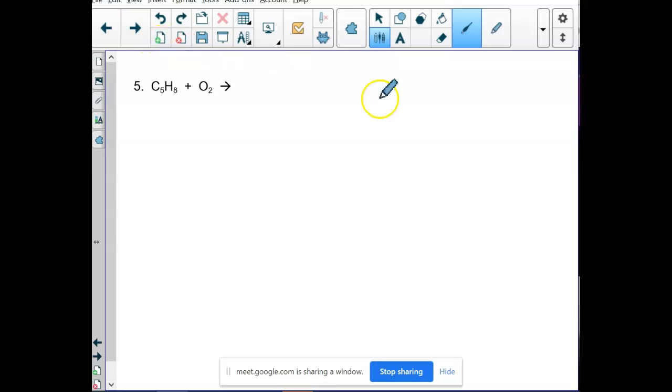Okay, number 5 then. Number 5 is the first time we've run into this kind. We haven't mentioned combustion. This is a combustion. What you're going to have to memorize, there's nothing really to use on the chart for combustion, is if you have a hydrocarbon, so let me write that again. I don't like how close that is. If you have a hydrocarbon, that is a hydrogen, carbon